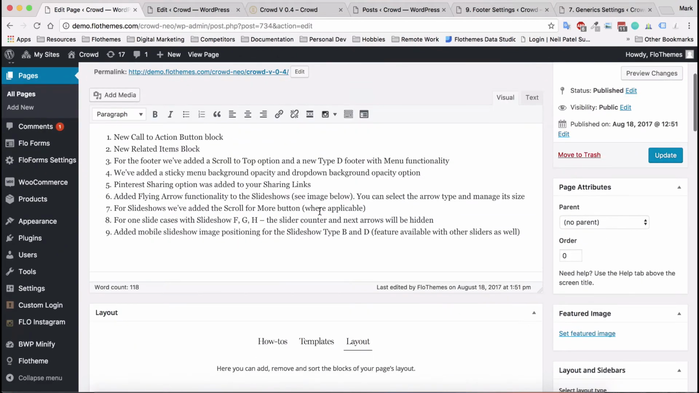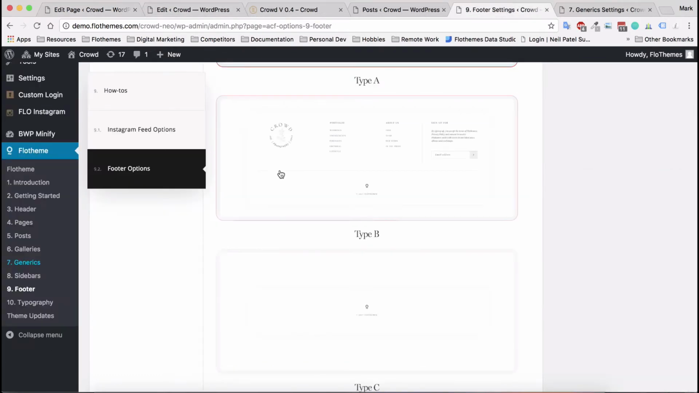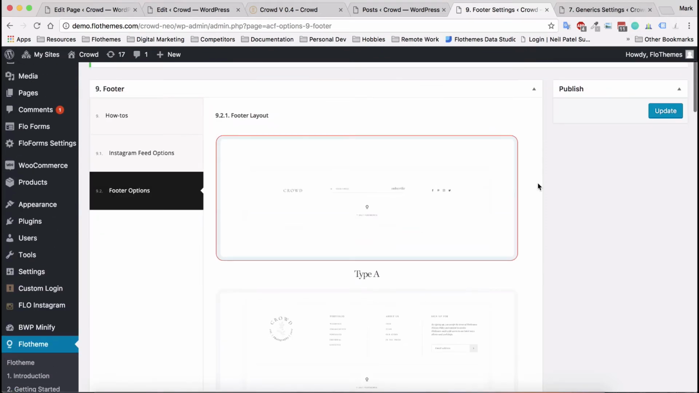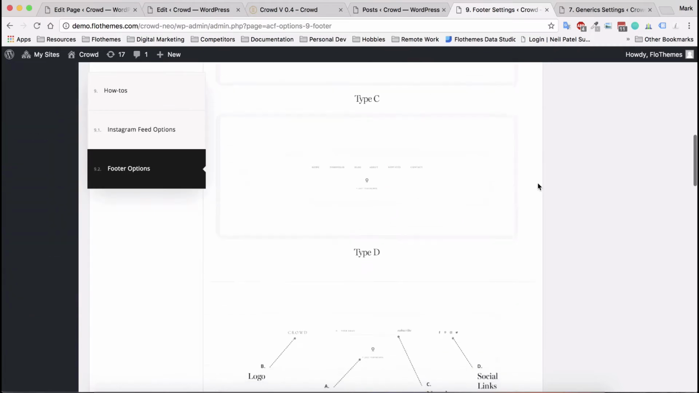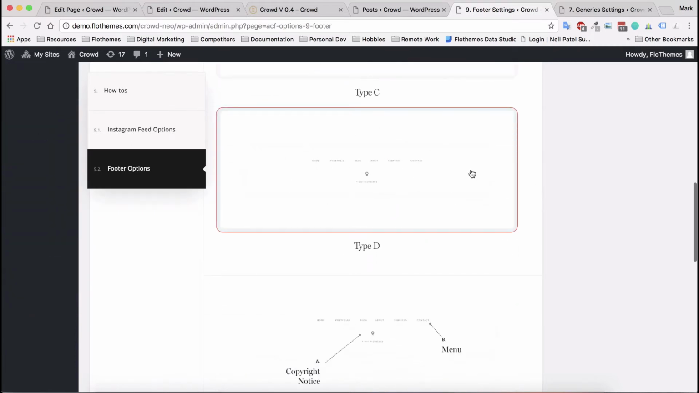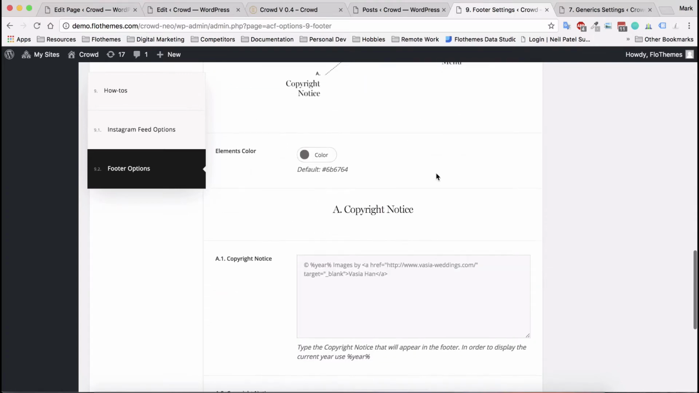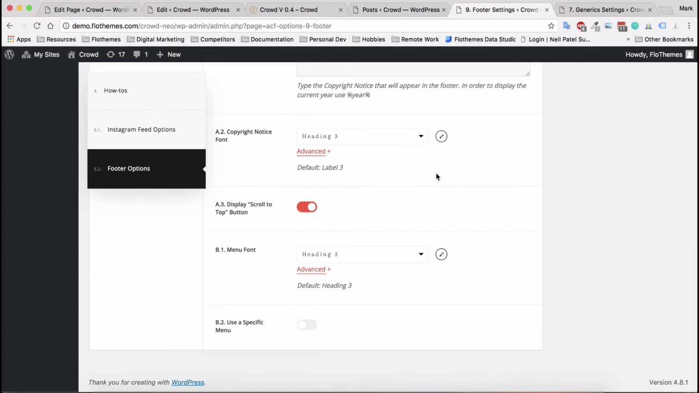Other options that we've added will include the scroll to the top. That will be in the footer, and we've also added a new footer type D with the menu functionality. If you are in the footer settings, that's in flow themes, generics, footer options, you will now have an option for D, and that will allow you to add a menu to the site, and that will use the menu that is currently on the